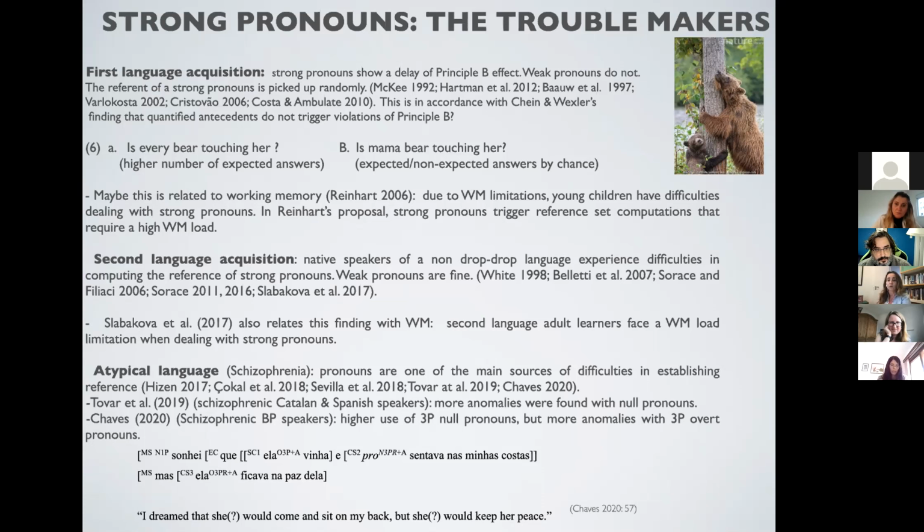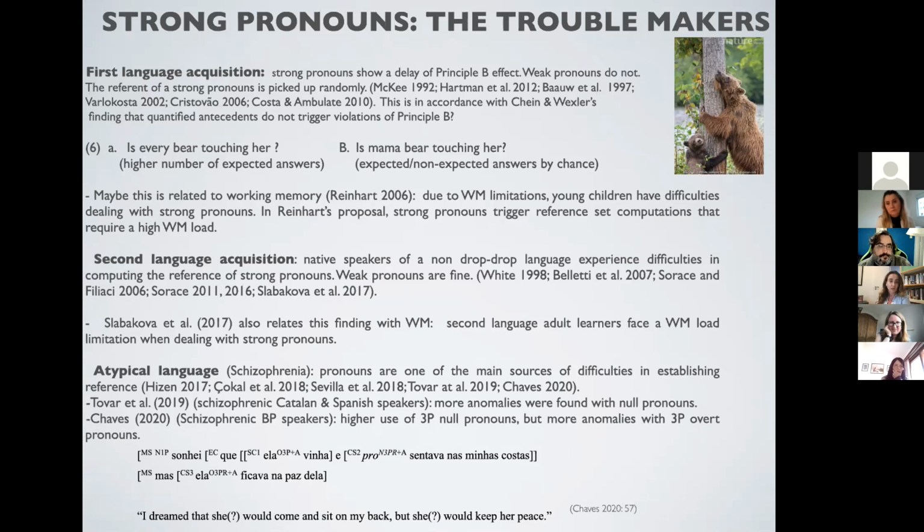One is that the distribution of null pronouns in Catalan and Spanish is much less restricted than the distribution of null pronouns in Portuguese, right? And on top of it, I believe that Tovar et al. did not look at third-person pronouns only. They looked all over the place. They considered all pronouns, and they found a lot of pronoun shift. For example, second person being used for first person, or third person being used in the place of first person, which is common in certain